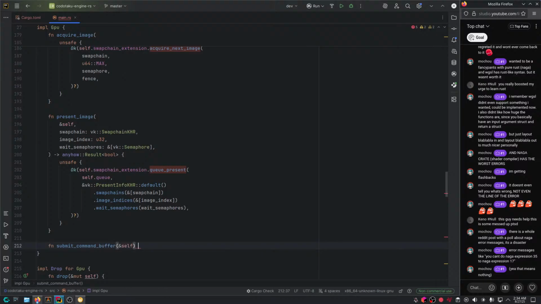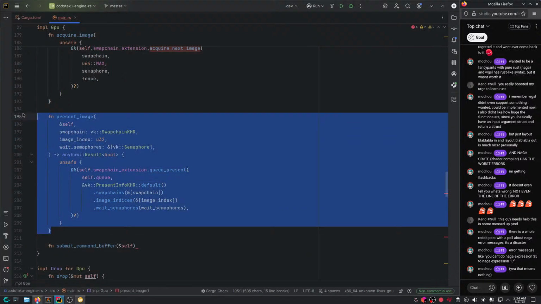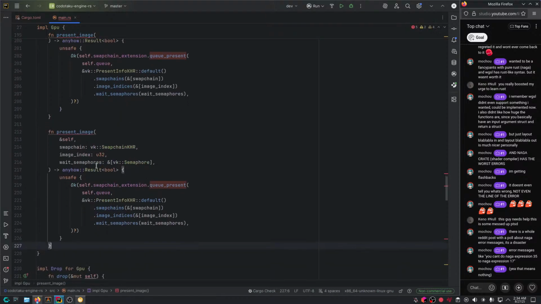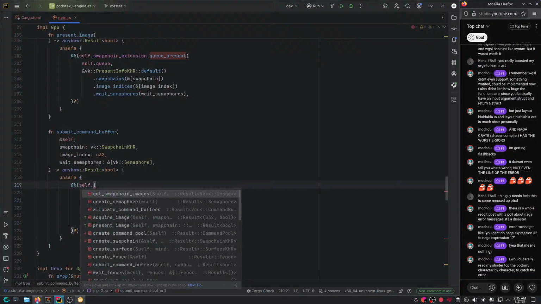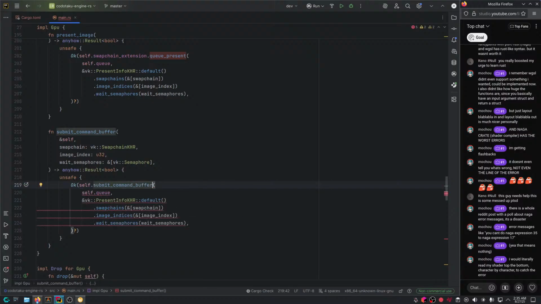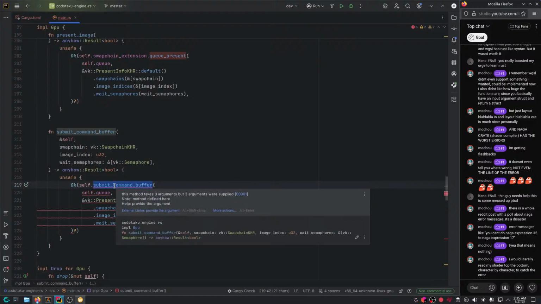Right, so let's go ahead and, well, honestly, let's just copy this, paste, change this to submit command buffer, I believe. And here, let's see. I would literally read my shader top to bottom, character by character to catch the error. Oh my god. Submit command buffer. Let's go. Oh, no, not that.